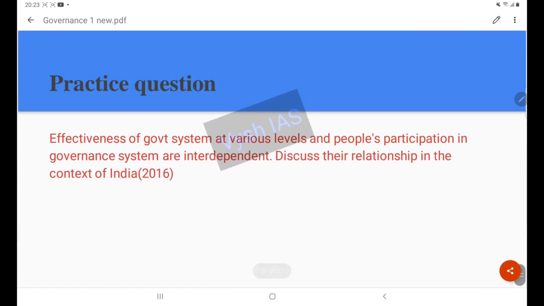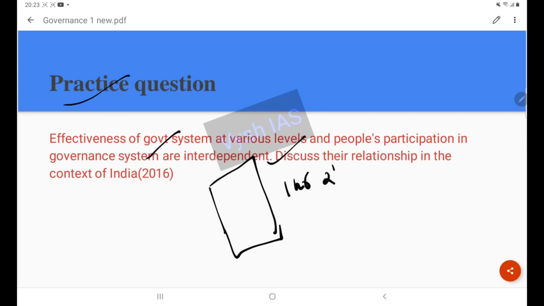Then we are talking about a practice question. What you can do is, with the available data and the lecture, you can try attempting this question, and you can take time while writing the mains answer. If you are a beginner, when you are starting, you invest some time. You can take even 1 hour or 2 hours, and you have to develop the answer writing skill and learn the structure of answer writing.